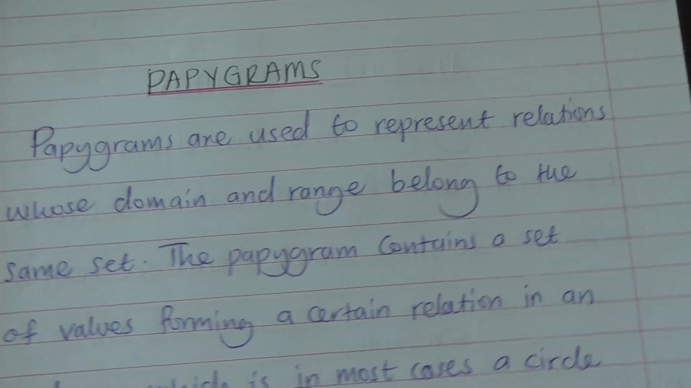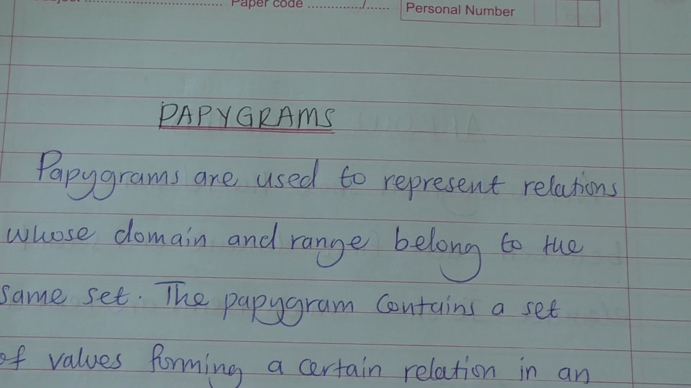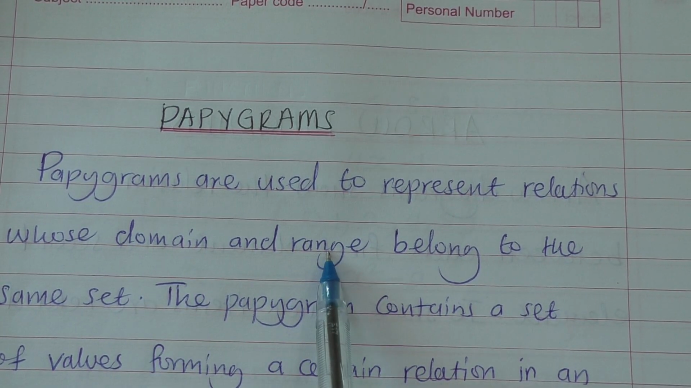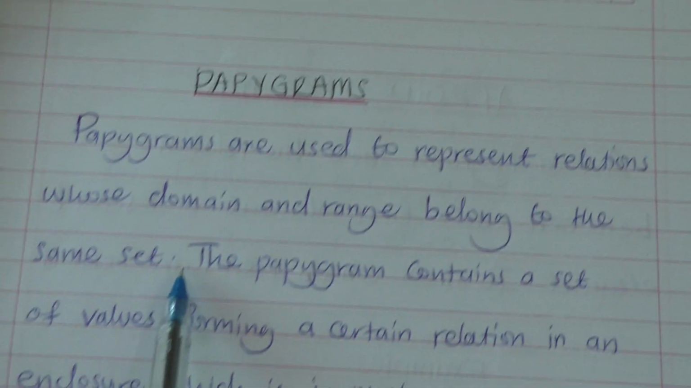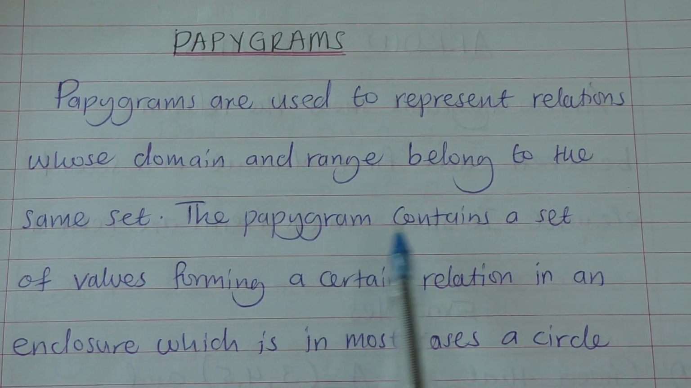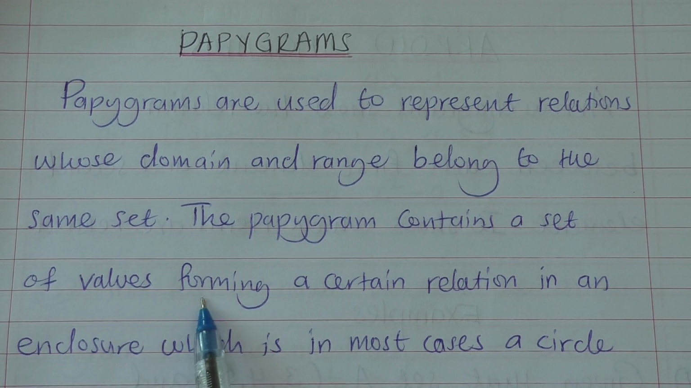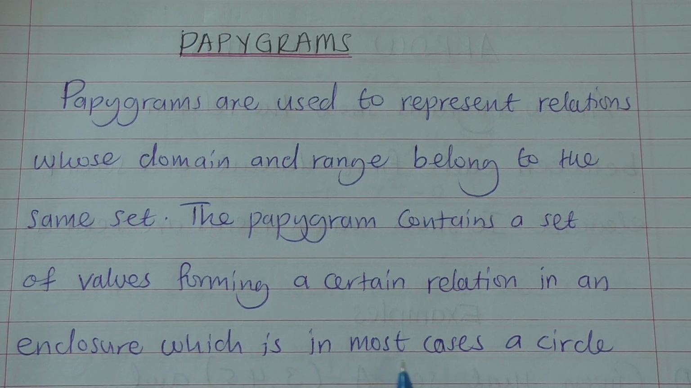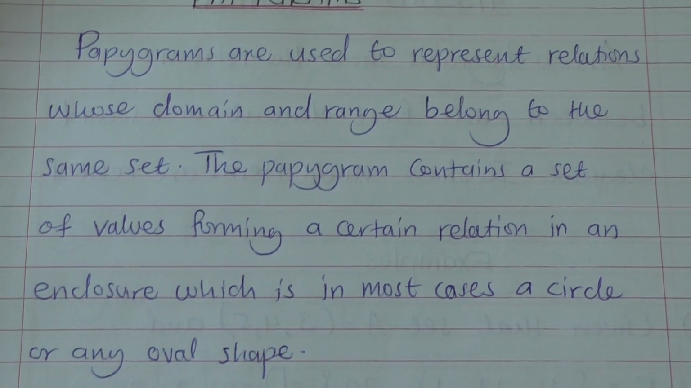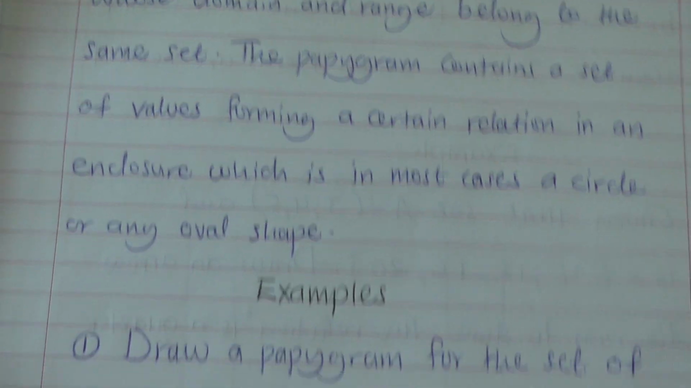Papygrams are used to show relations whose domain and range belong to the same set. And the papygram contains a set of values forming a certain relation in an enclosure, which in most cases is a circle or an oval shape. For instance,